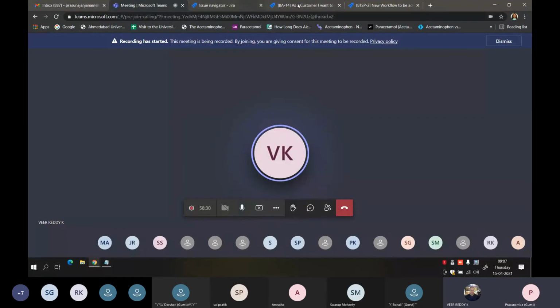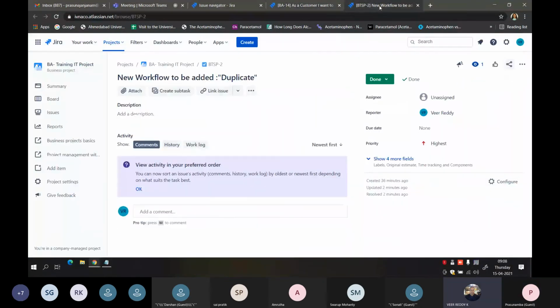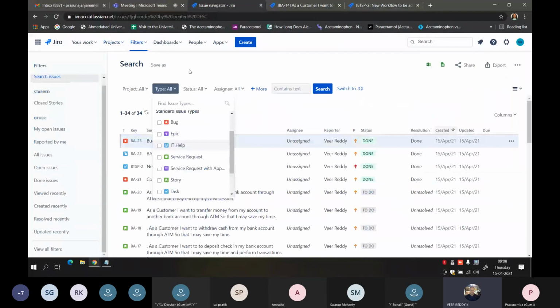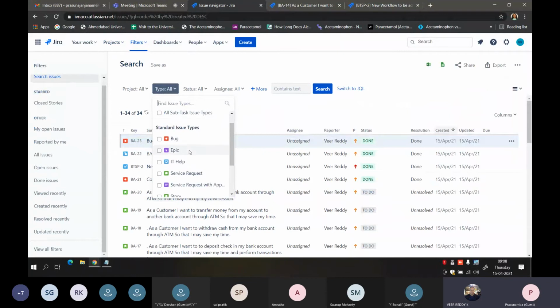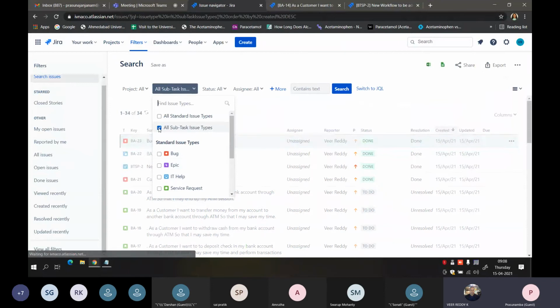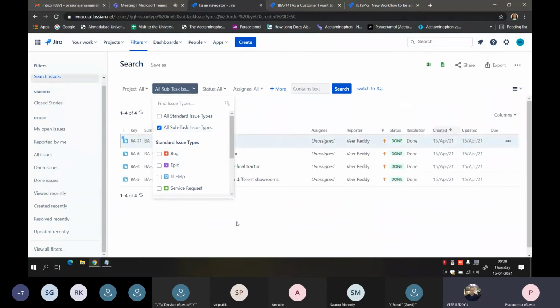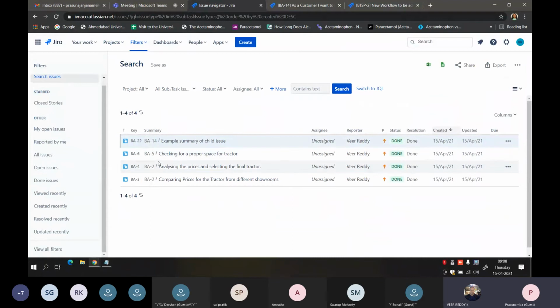So when you go for the type, you have all these types, and then you also have all subtask issue types. If I'm going for all subtasks, the subtasks that we have created inside the story are showing up over here.